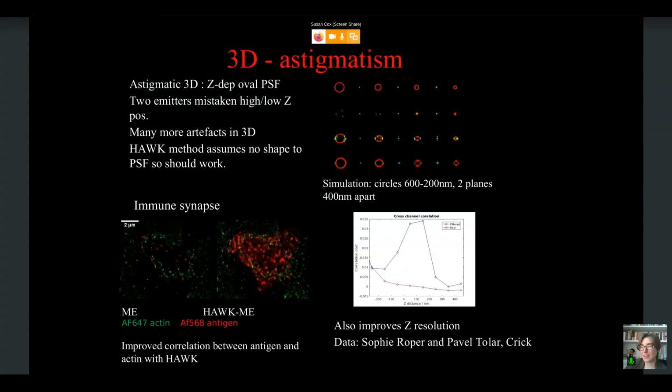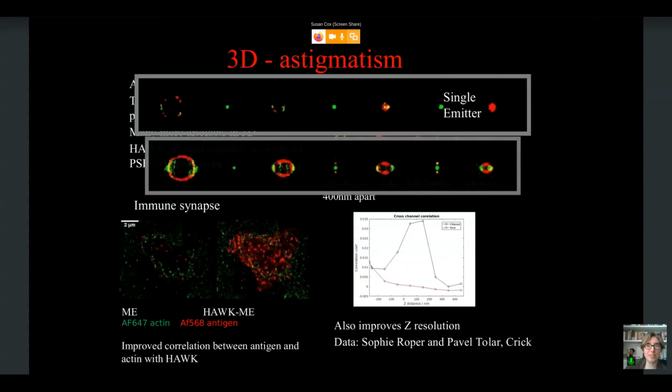Astigmatism is actually very hard because, as you'll remember, I said that we did size filtering, which is normally what you do for localization microscopy, but you can't do size filtering with astigmatism. And astigmatism is particularly prone to having things end up at one of the extremes of distance if it's incorrectly fitted. So while Hawk does improve it,